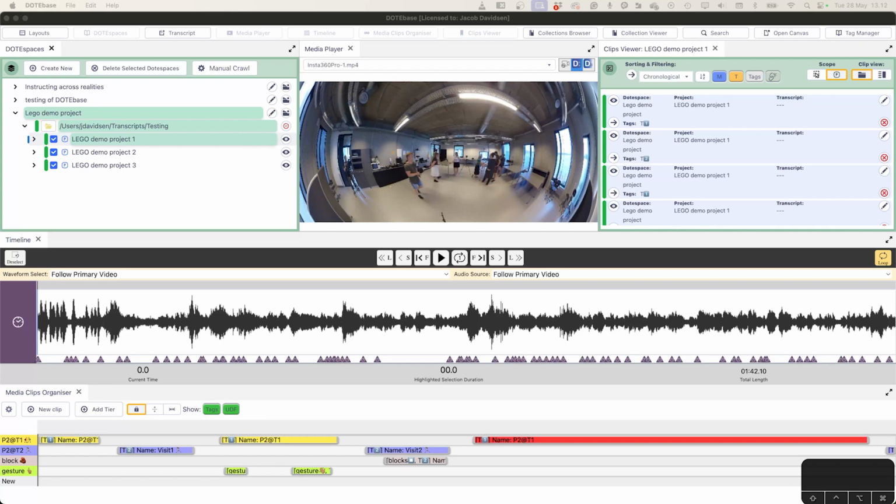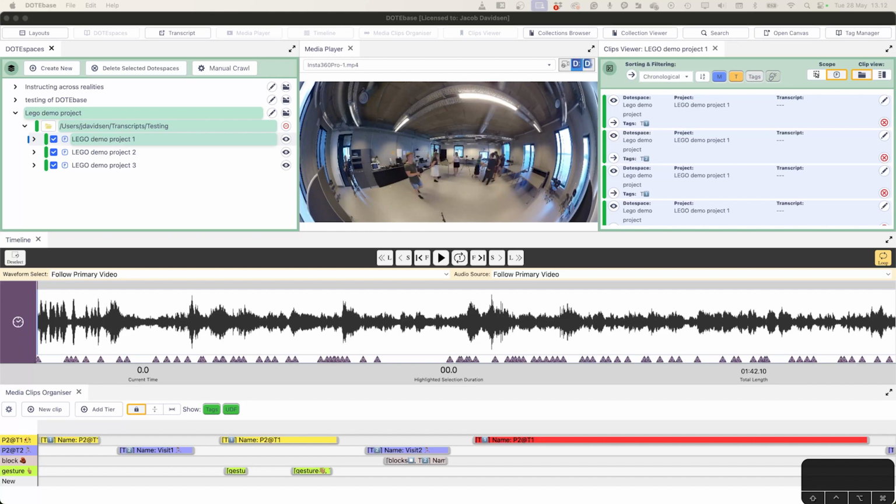So basically we will be covering how you can create a media clip and how you can create a new tier in order to work with your audiovisual data. The media clip organizer and the media clipping is suited for making proto-analysis of your data, getting to notice things in your data before you start transcribing. It's a tool that we have developed so you don't have to transcribe the data at first, so you can really start marking up the data, looking at interesting sequences or finding a pattern in your data for later